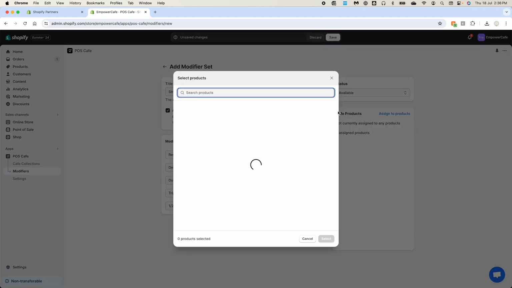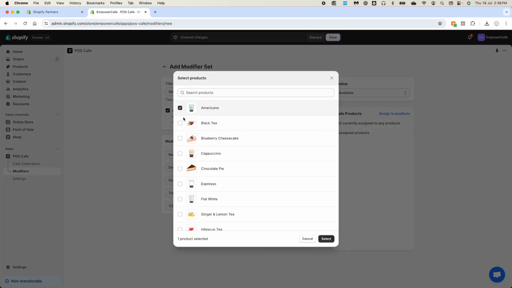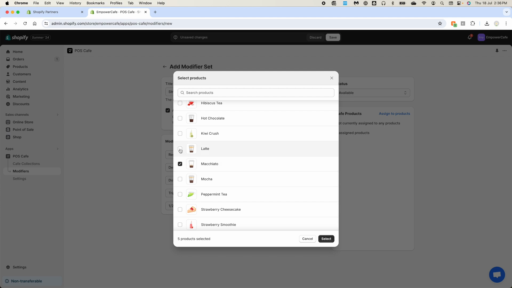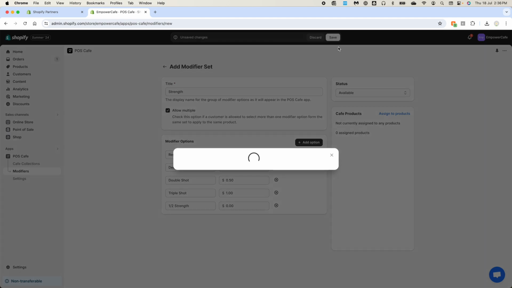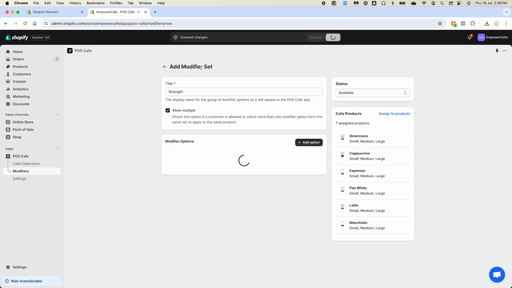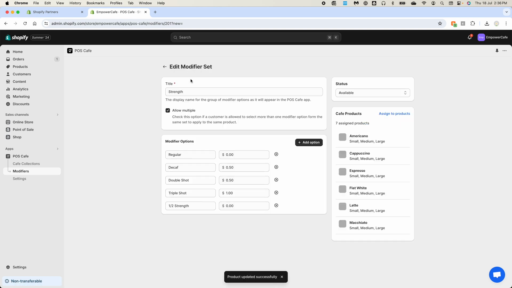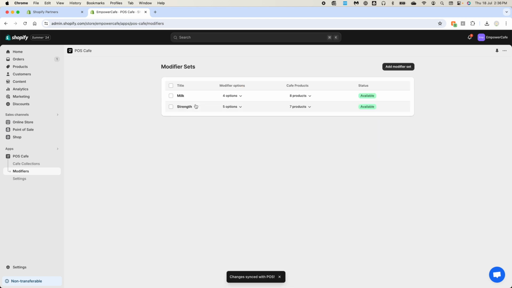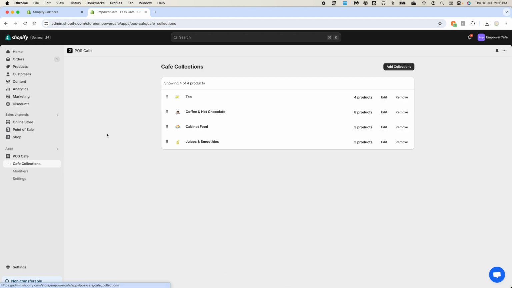Okay, again, I can assign it to my products directly from this screen. Select and save. Again, I can see the banner here telling me I have unsynced changes, so I must make sure that I click Sync Changes with POS. I can now go back to my Cafe collections,